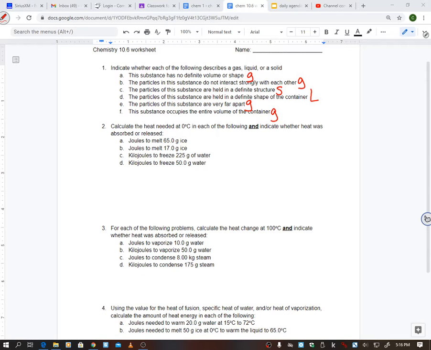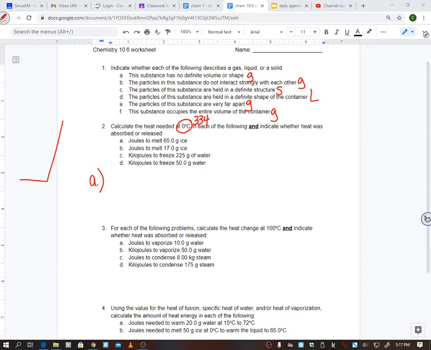Let me grab this out so I don't have to do my calculator over and over. I think I got the answers here somewhere. Yeah, here we go. All right, so number 2, it just wants to know calculate the heat. So the big thing is we are at 0 degrees Celsius, which means we're using that 334 number. So for A,